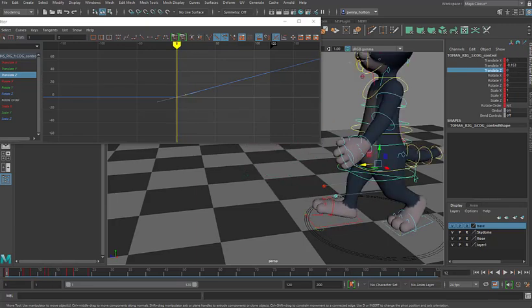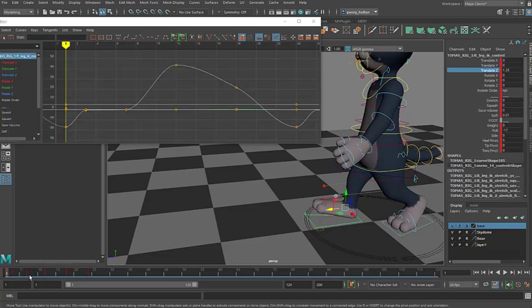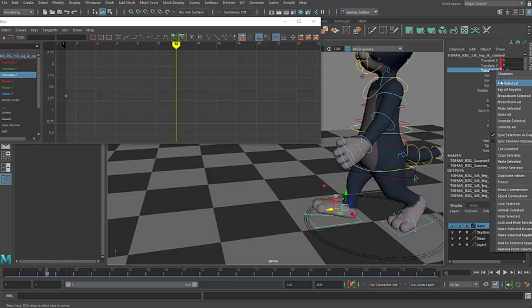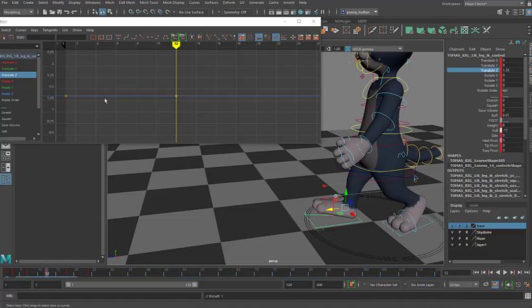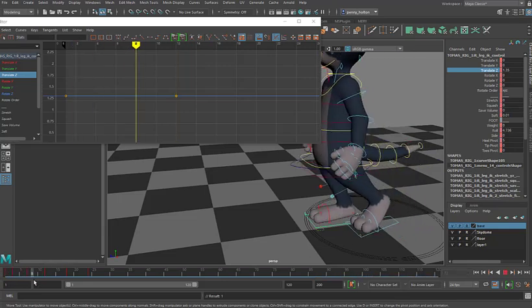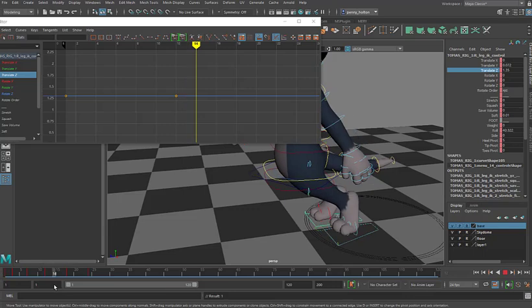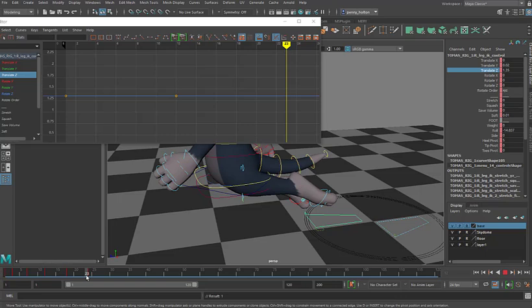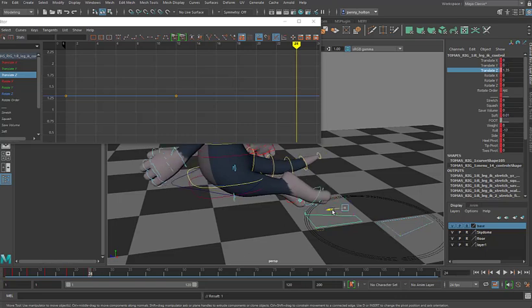So this foot here now needs to stay put until frame 12. So I'm just going to middle mouse drag to frame 12. And again, I only want translation on the Z. So I'm going to right click, key select on translation on Z so that I don't accidentally get anything else keyed. Okay. That's great. So now, if we go to frame 24, I'm just going to slide this foot